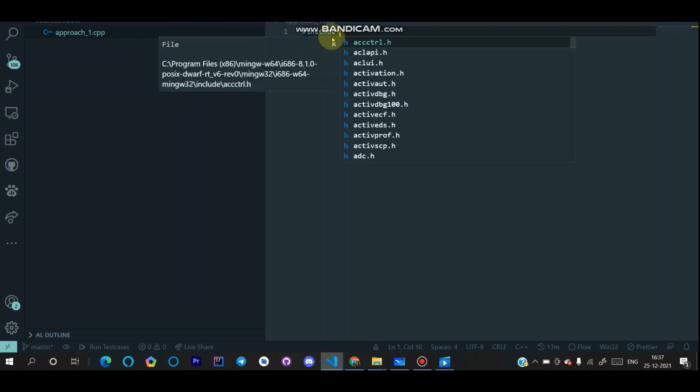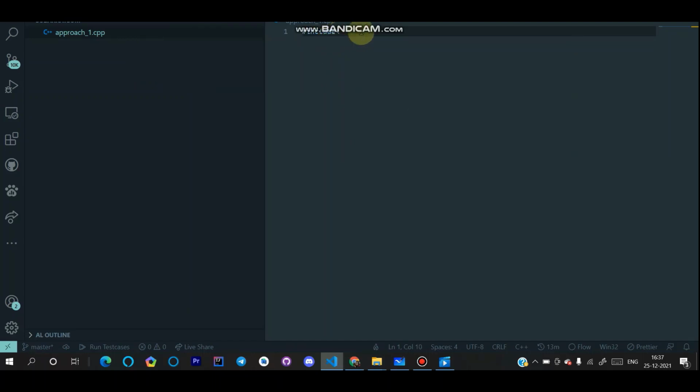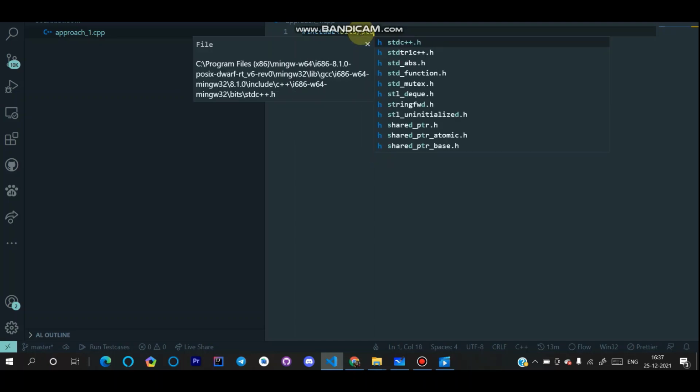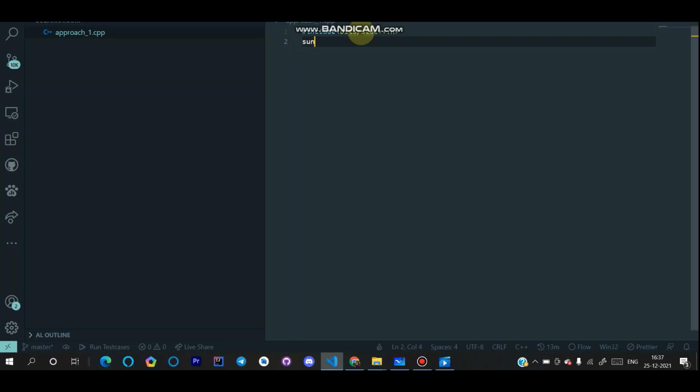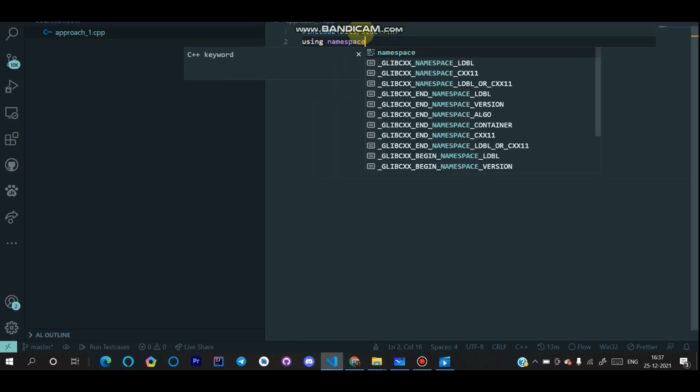First, the basic stuff of writing, including the packages: include bits/stdc++.h, using namespace std.